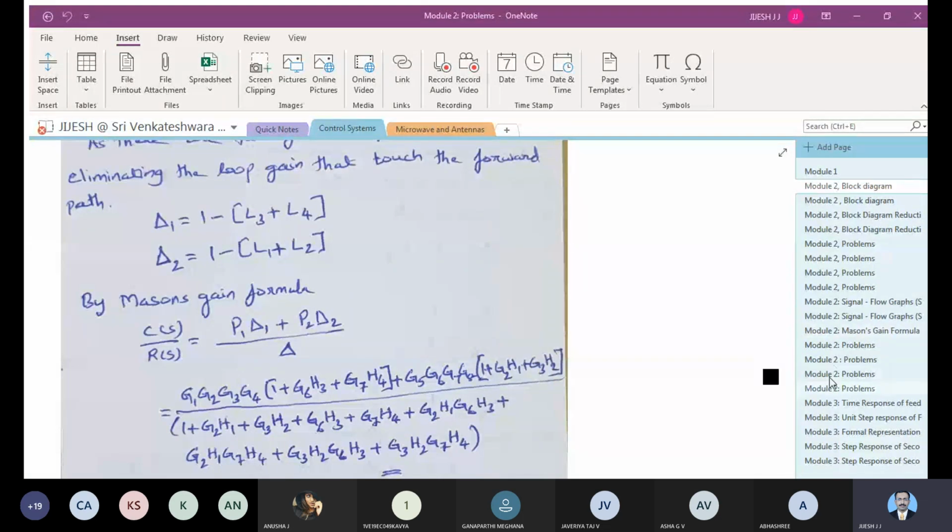We have done main topics like block diagram reduction, its problems, signal flow graph, and its problems. We have seen Mason's gain formula and all those things. So we are just going to see what we studied in the previous class. In block diagram reduction, we have seen how the feedback mechanism works. We have two types of feedback, positive feedback and negative feedback. We have also seen what the transfer function is. We'll be discussing everything.